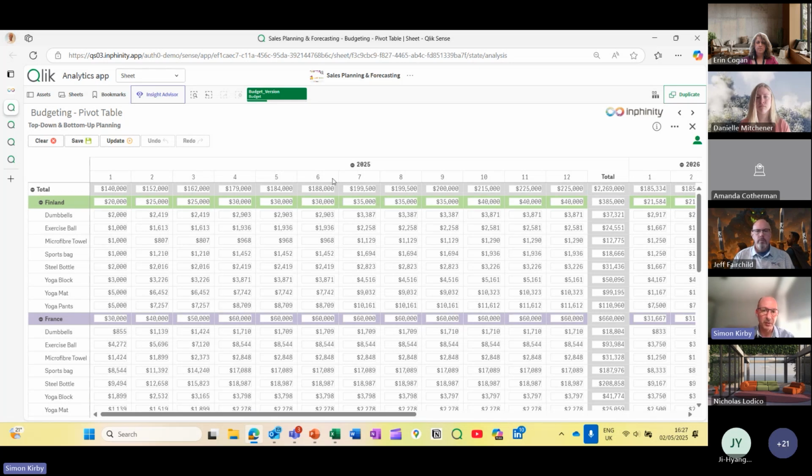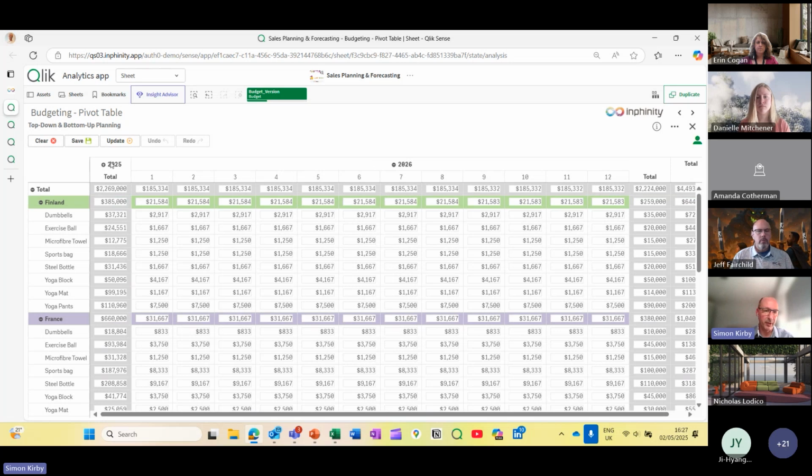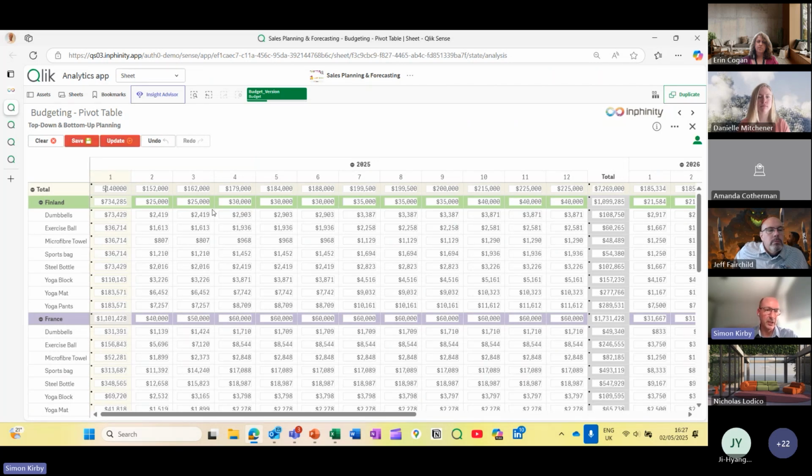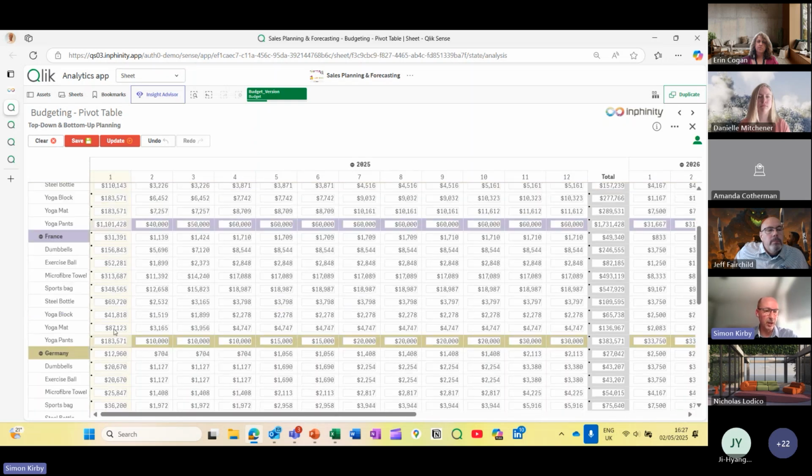This is a pivot table. We call this the Infinity planning pivot. So it pivots just like a pivot table would, as you'd expect. And what you can do in here is enter some values in any cell at all, anyone, okay? So let's do this. Let's change the number at the top level from 140,000 to 5.1 million. Okay, we'll do that. And I'll just hit the enter key. So that enter key has automatically taken that number and distributed it down throughout the hierarchy.